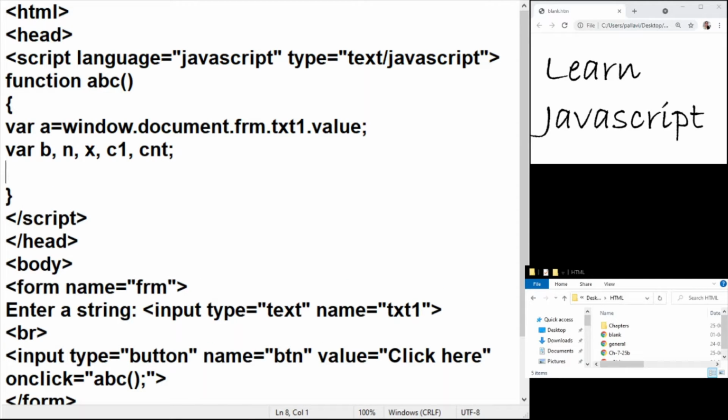So let us first find out, and then I will obviously need the loop counter, and I will need one more variable which is going to find out the length of the string. So that's small l. So first thing, I will find out the location of at the rate. So that is index of.